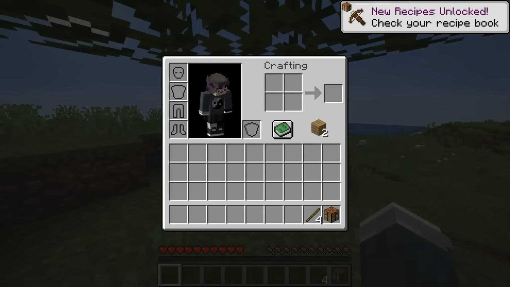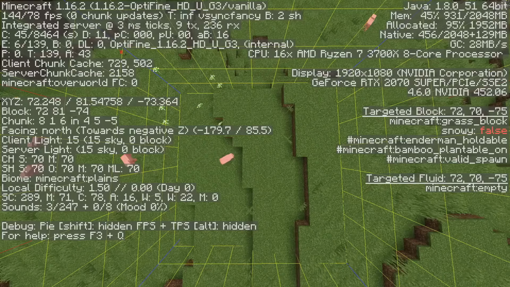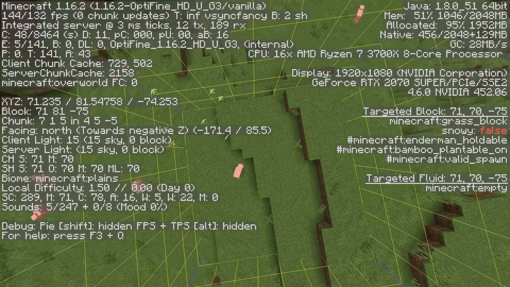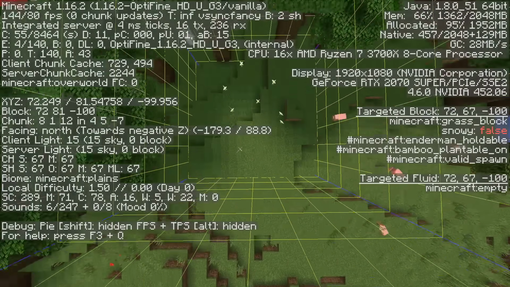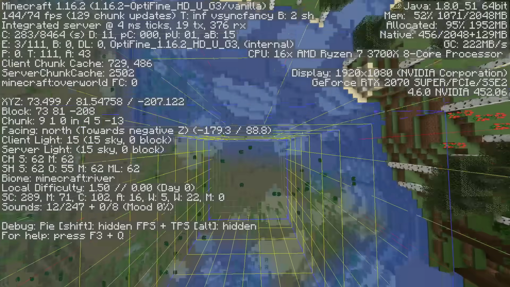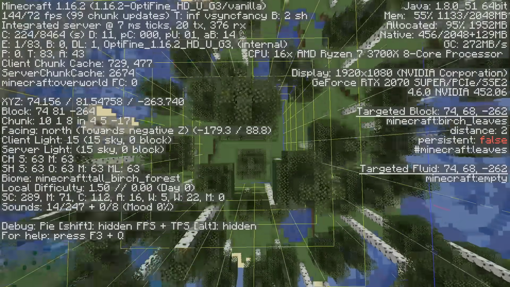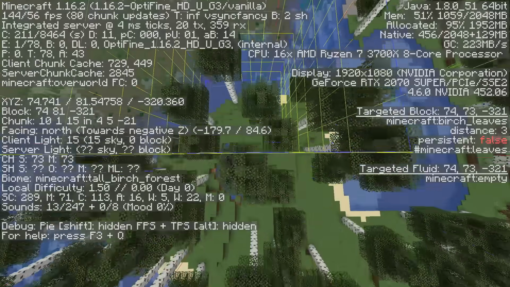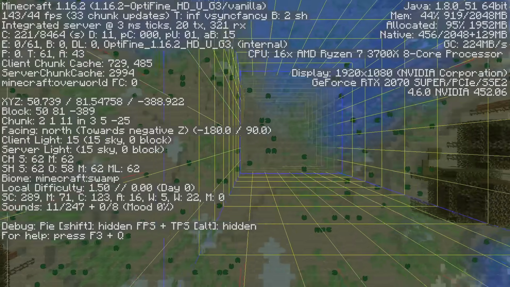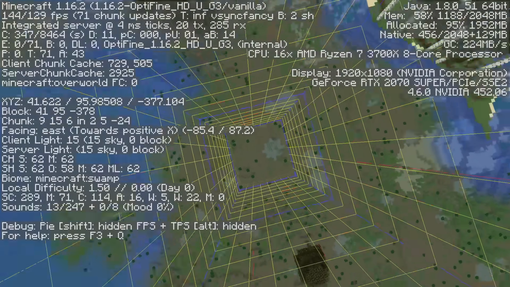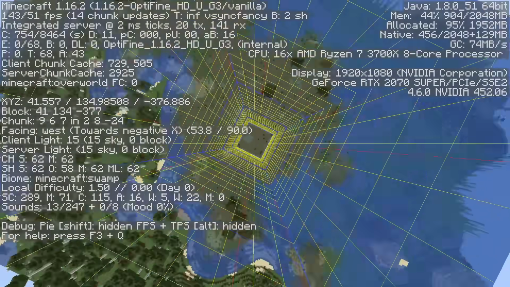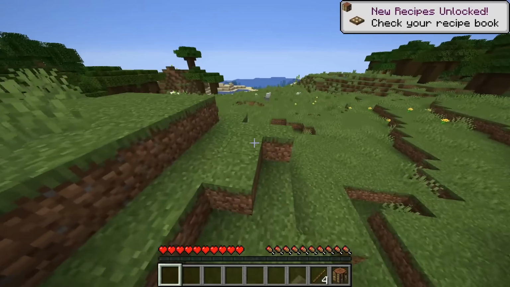So, theoretically, what if this Minecraft chunk, at these coordinates, had an identical copy appear in a completely separate world at some other pair of coordinates, let's say 1 million, 1 million. Does there exist a Minecraft world where a certain chunk has an identical copy somewhere else in the world? Or in a completely different world with a completely different seed, can two identical chunks exist? Let's find out, and I hope you enjoy.